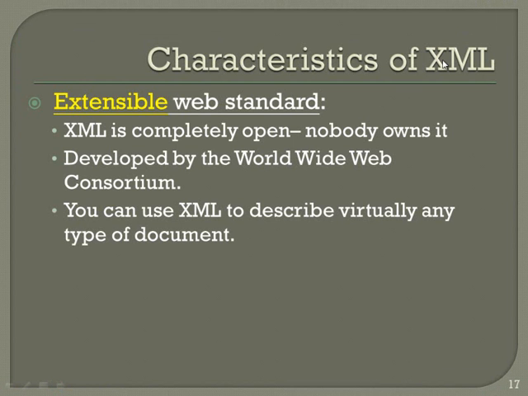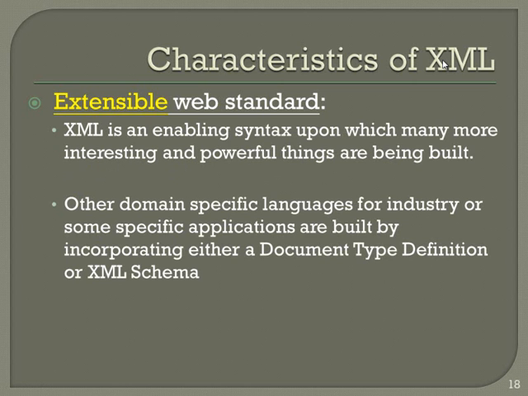However, you must remember that the W3C is just recommending how to use it. It doesn't have the patent or copyrights for XML. It's just a recommendation, anybody can use it. That's the reason it is called extensible. Whereas if you take Java or anything, if you're not happy, you can't change the base type of Java because it is already with Oracle or some ecosystem. That way, XML is extensible.